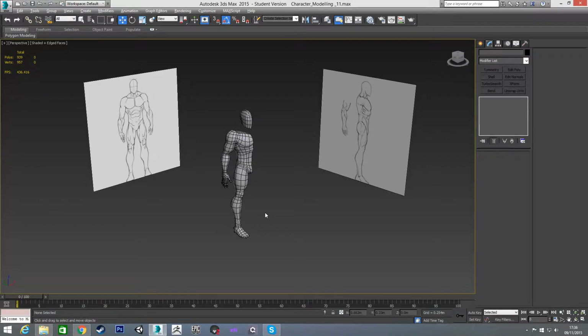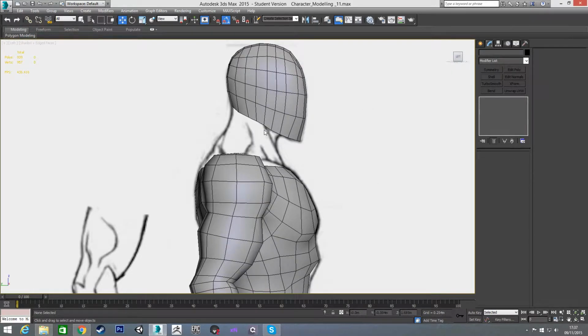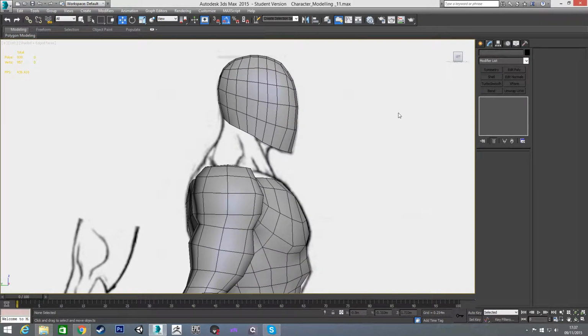Okay, welcome back. So this is going to be the final video in our character modeling part of this tutorial series, where we're going to model our neck and connect our head to our body, and then we'll have the entire character modeled. In the next set of videos, we'll go through the rigging of the character and stuff like that. So to get us started on finishing our character, I'm going to go into my left view,